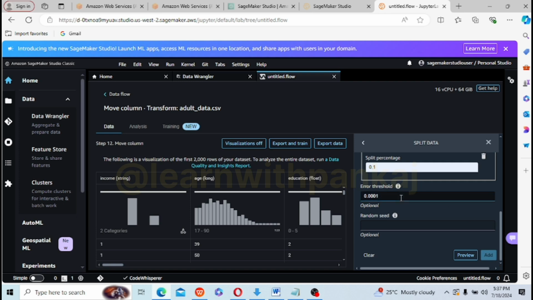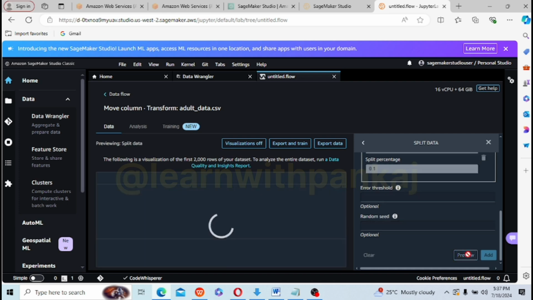Error threshold, we don't want to enter anything, just click it and add a preview. Once the preview is completed, you can see what data is there and what's in what.